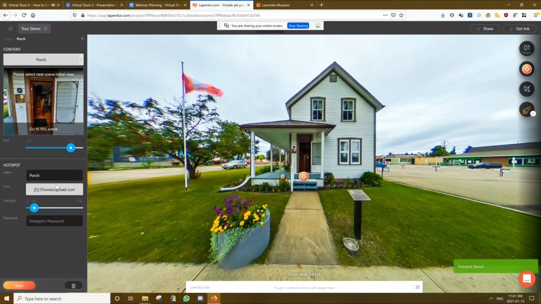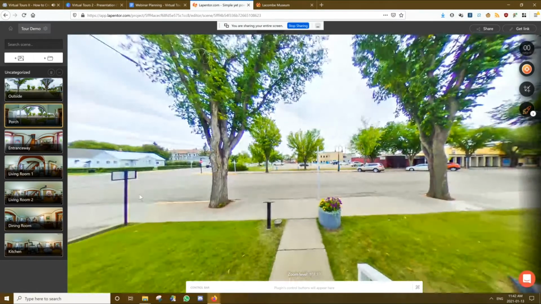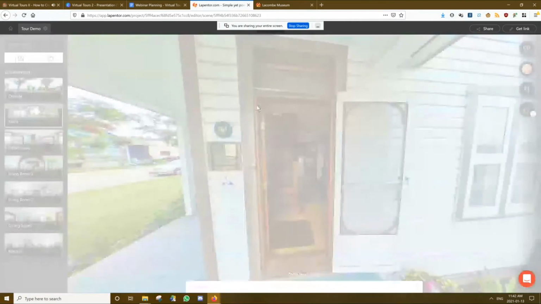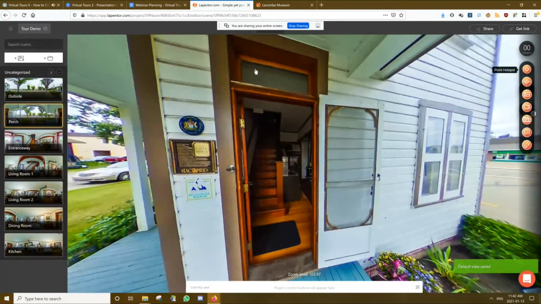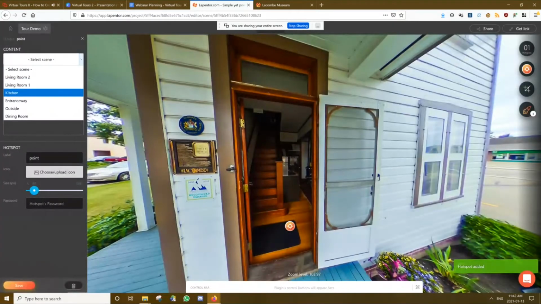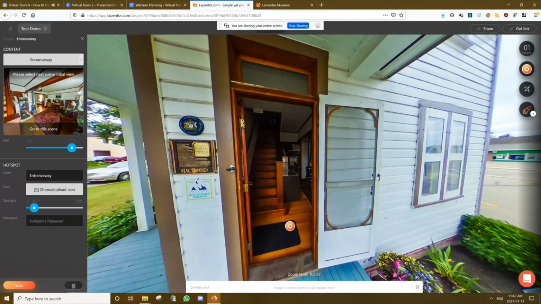Okay. All right. So you can go to this scene, and you see here's the default view for this one. So we'll just reset that. All right. And then let's leave our trail of breadcrumbs going through here. The entranceway. Just make that there, and then just go save. And then go to the scene,